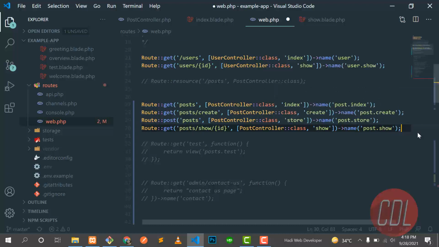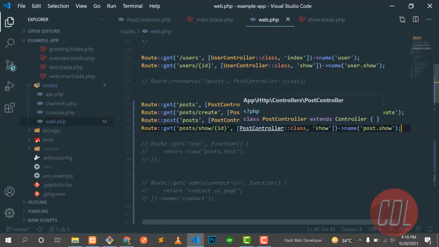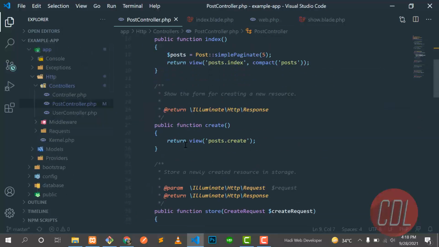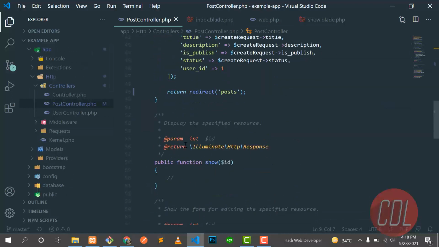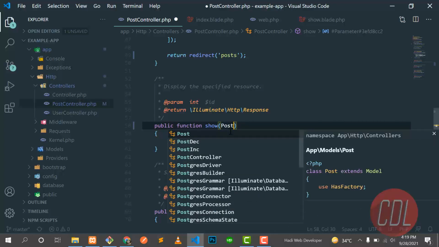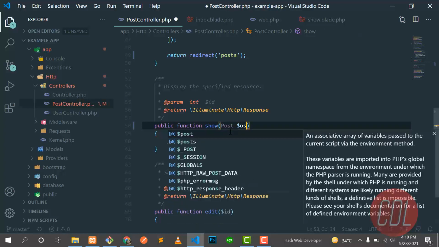It should be singular, and in the controller I'm going to create this method. So let's go here in the controller. Yes, the show method is there, so we don't need to create it because we created this from a resource controller. So this is accepting an id. We can also inject this by using route model binding, like Post, and we can get this post like this.